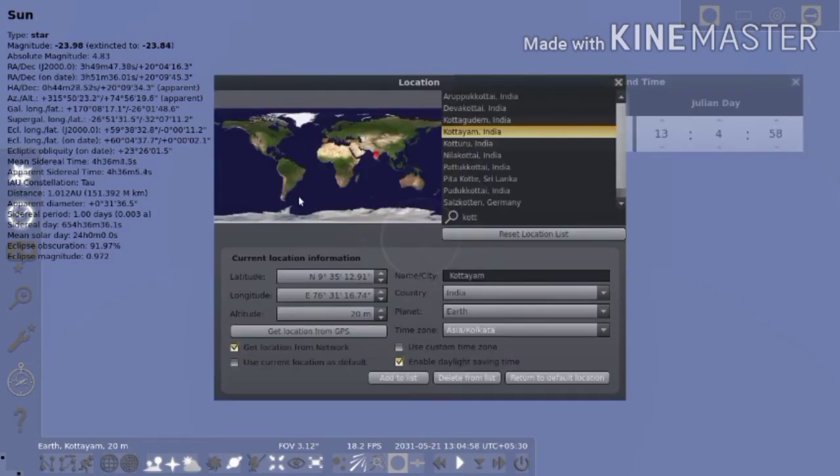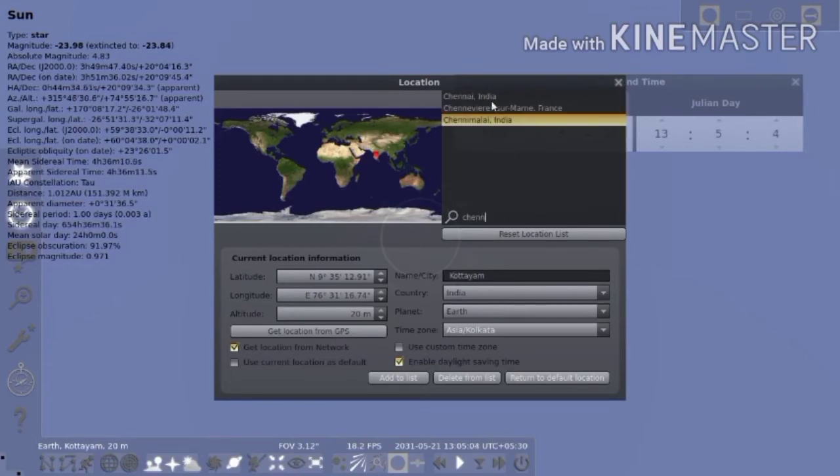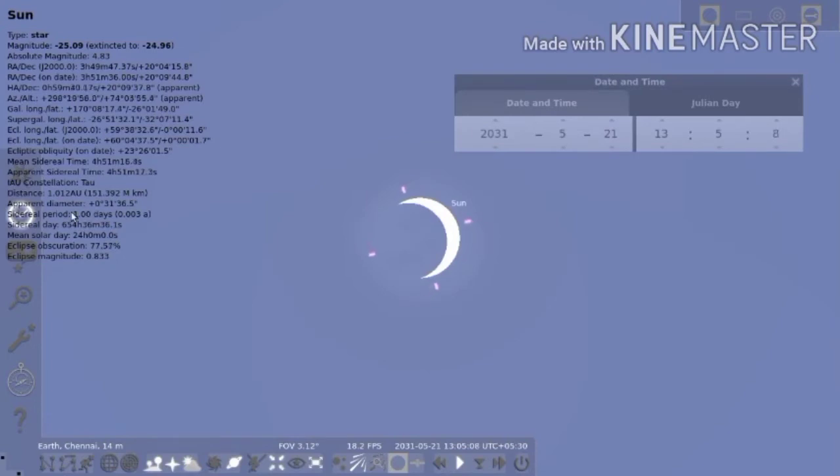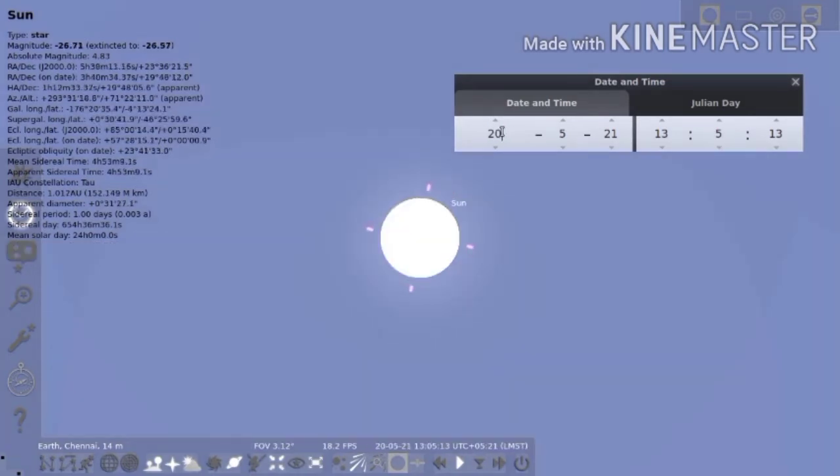Okay. Then the next place is Chennai. Type there Chennai, Chennai, India. Date is 2053, 9:12, 12.